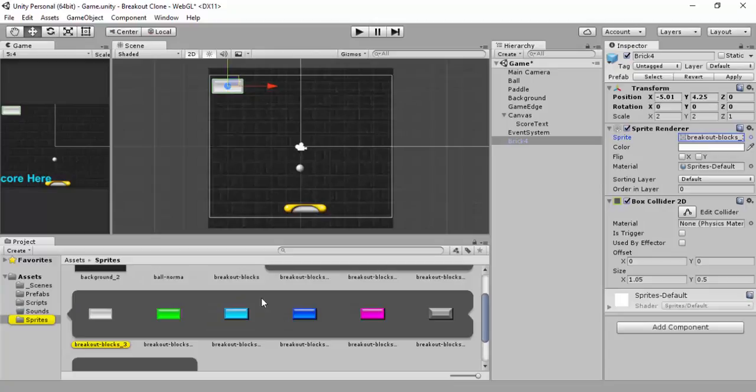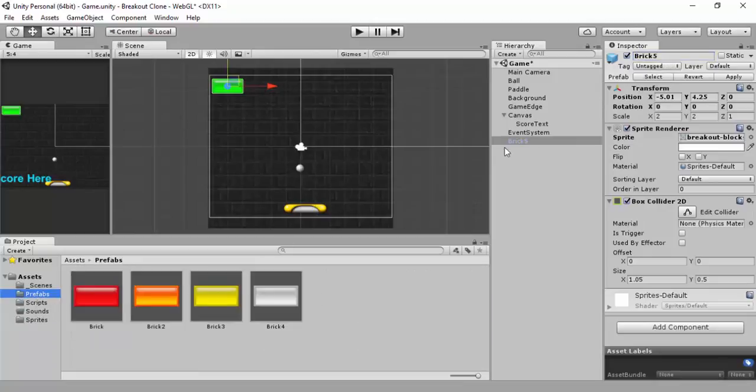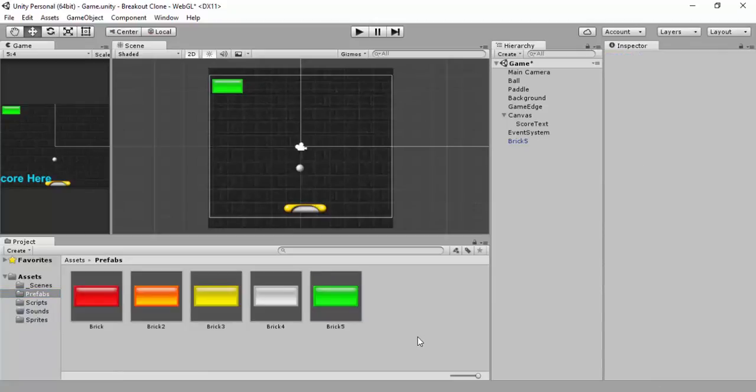Just changing the sprite, drag that to the green sprite. Change it to brick 5, like that. Go back to the prefabs folder, drag brick 5 in there. The reason I've done that is because I want 5 bricks. So now I'll get rid of this completely